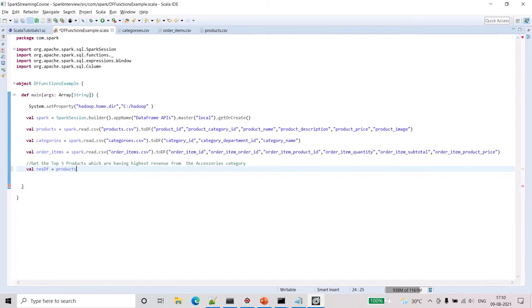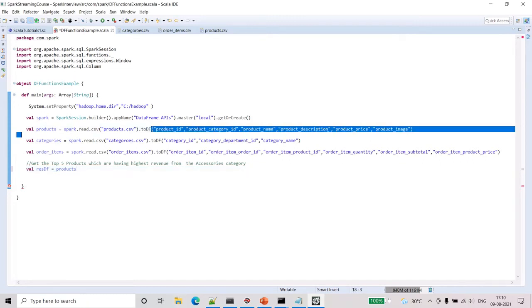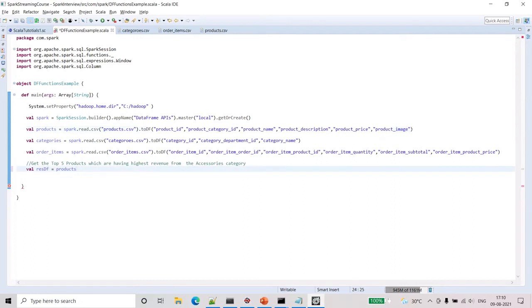So because of that reason, I am first taking the products table, and in the products table there are 5 to 6 columns which we don't require, because as per this problem statement we need the product name and product ID for joining with this table, and category ID for joining with this table.